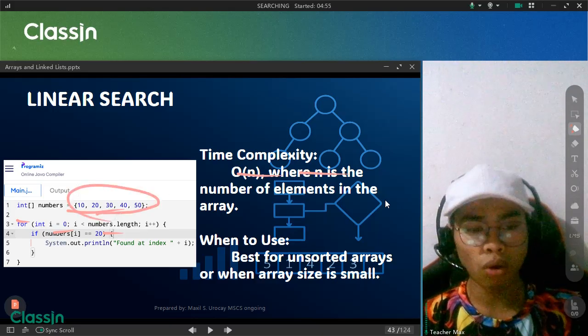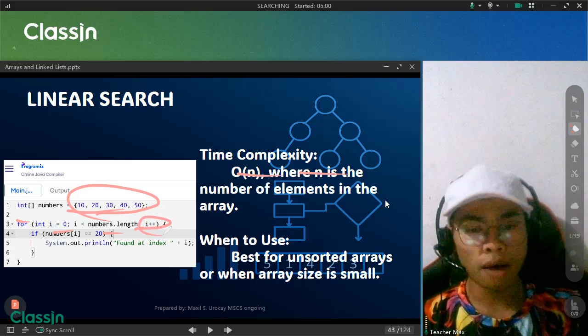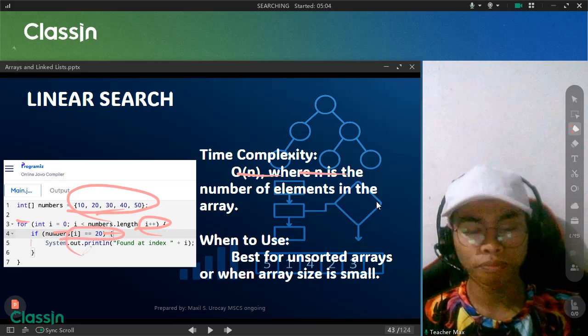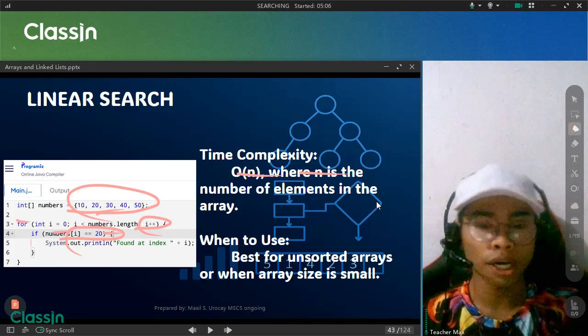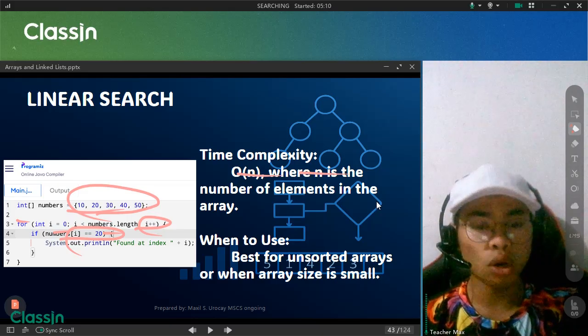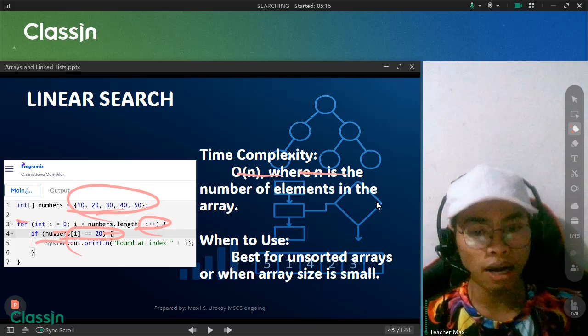The loop will run through all the indices of the array from 0 to 4 as we increment. Now, if numbers[i] equals 20, since 20 is our key element, inside the loop the if statement will check if the current element in the array, numbers[i], is equal to 20.